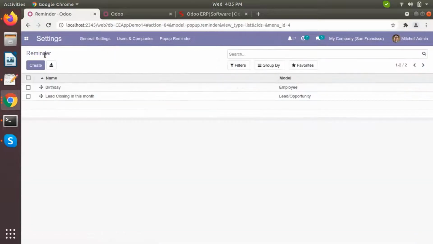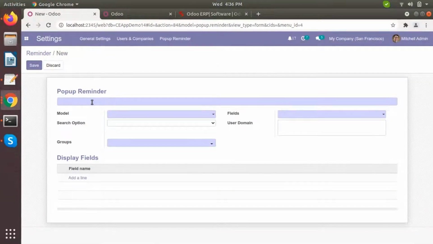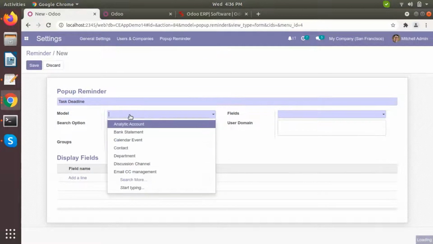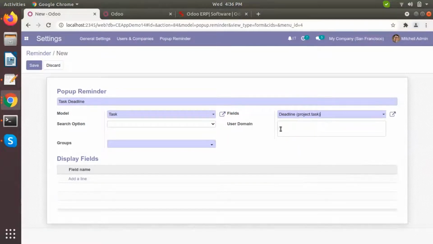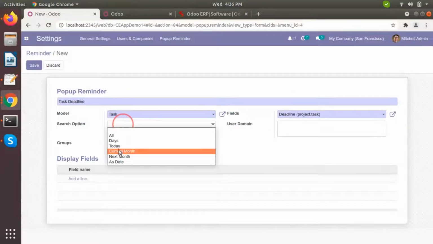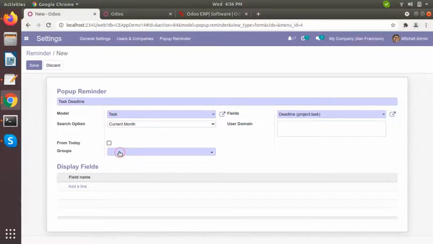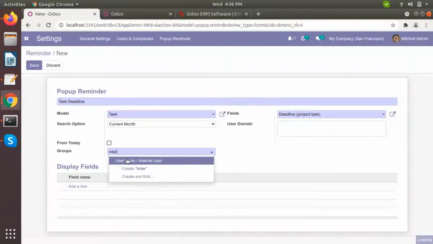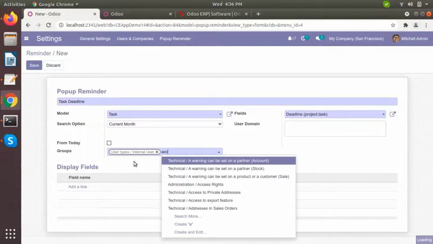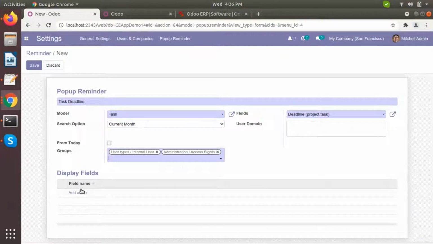To show you more, let's create another one, a task deadline reminder, that will be based on our task. Let's say the current month is the deadline. I'm going to simply select internal user and basic exercise users.